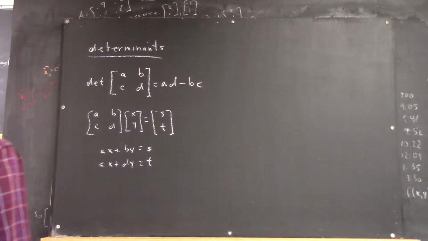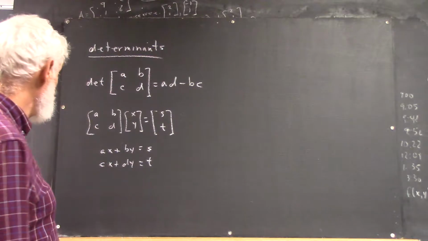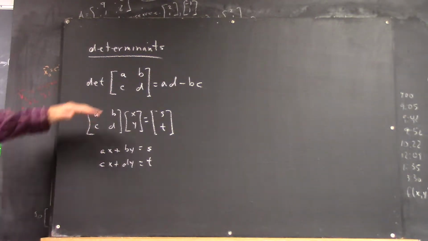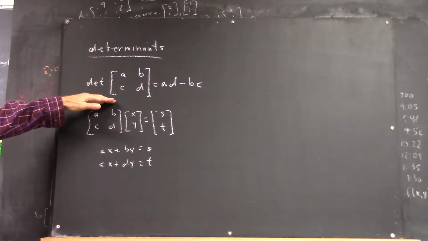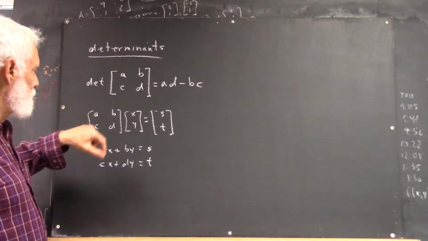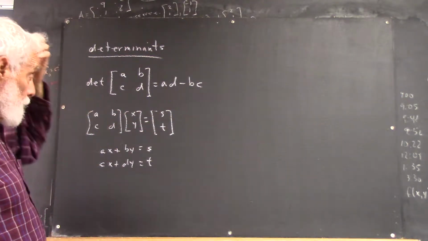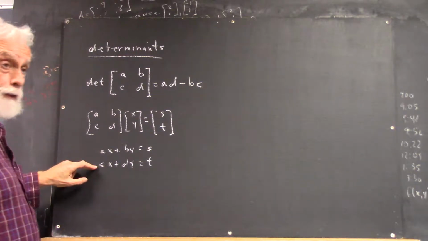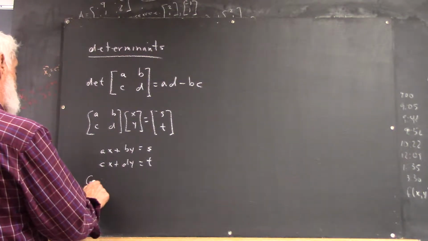Okay, so again, the determinant of a 2 by 2 matrix is given by this formula, it's obvious. Okay? The reason for this, at least some of the reasoning behind it, is that if I have the matrix equation that we see here, that matrix equation translates to this equation, right? And you get a solution